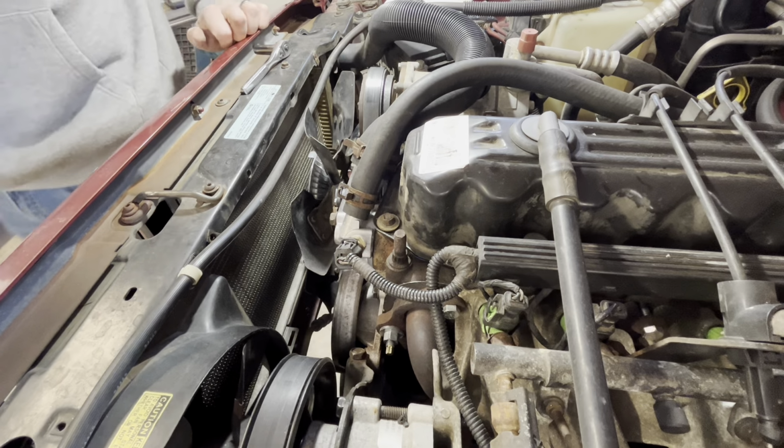Pin kind of looks fine, so I'm going to try to push it back in. Man, this stuff's hard to video. There you go, see down in there. So we're going to put it back in there, see if we can get this to